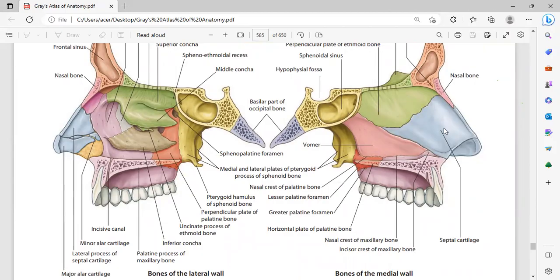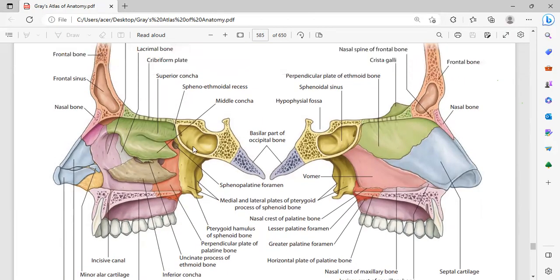Then we come to the floor. The floor of the nasal cavity is basically the roof of the hard palate, so the roof of the oral cavity, right? So this is the oral cavity here. The roof of the oral cavity is the hard palate, so the hard palate is what forms the floor of the nasal cavity. That's formed by the maxilla in front and by the horizontal plate of the palatine bone